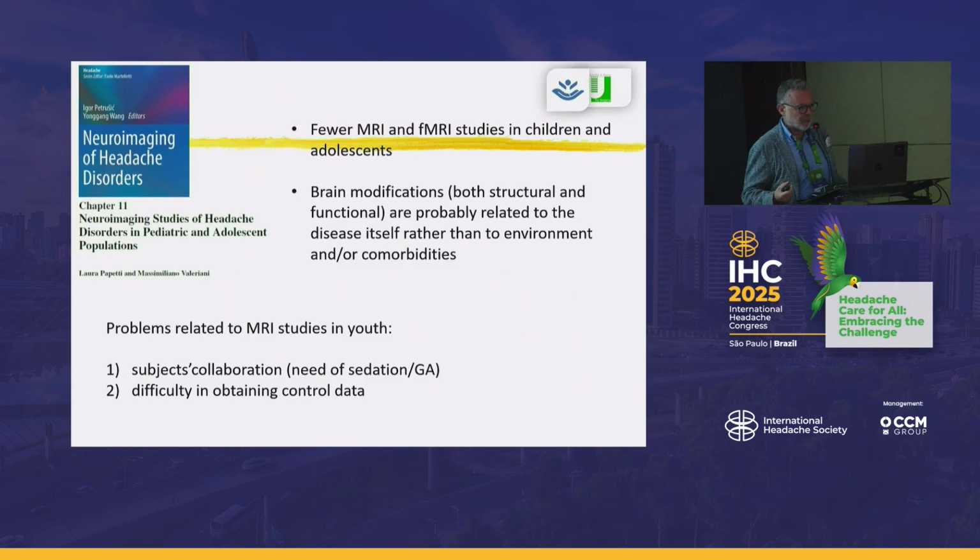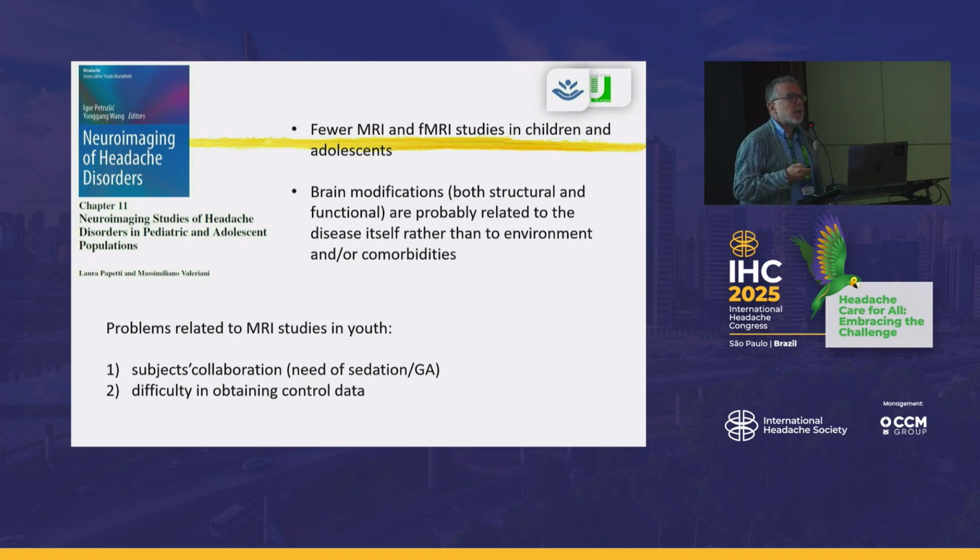But what about the children? There are really few studies with structural or functional neuroimaging in children with migraine. This is a pity, because in children, possible abnormalities of cortical thickness or connectivity are likely to be more closely linked to the pathophysiology of the disease, since the influence of comorbidities, of the environment, but I would also say of drugs, is surely lower than in